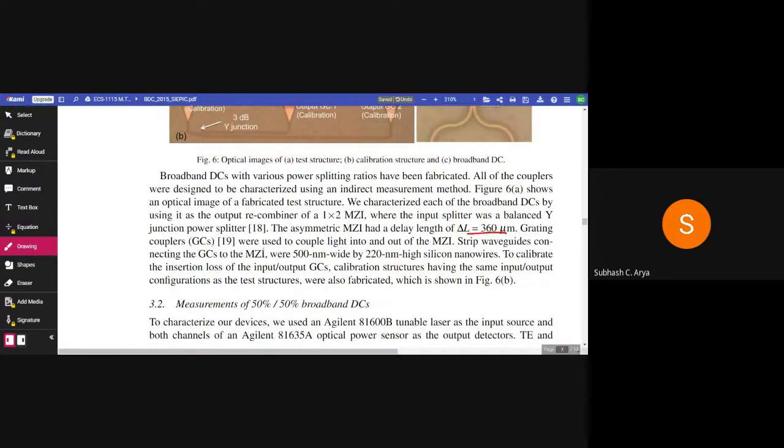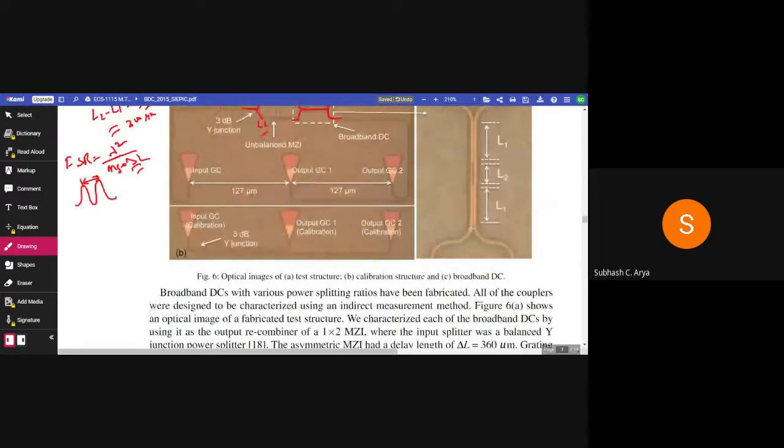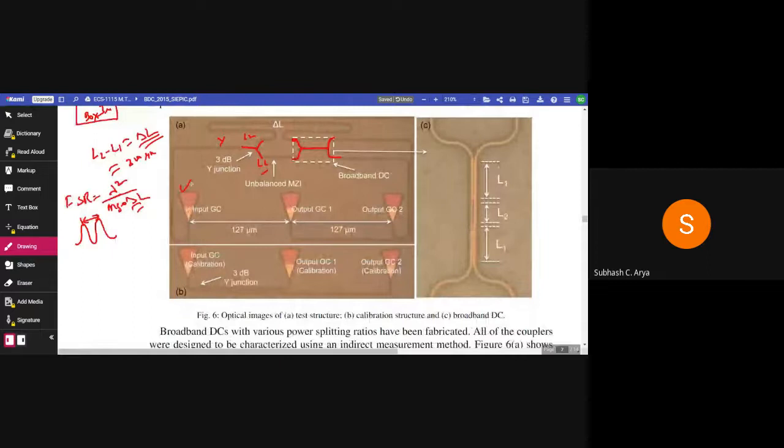Grating couplers were used to couple light into and out of the MZI. So these are the grating couplers. This is the input grating coupler. These are the two output grating couplers. So input light is collected from the laser by this device, and it will be propagated through this way,